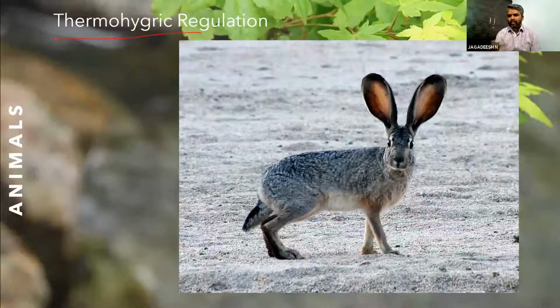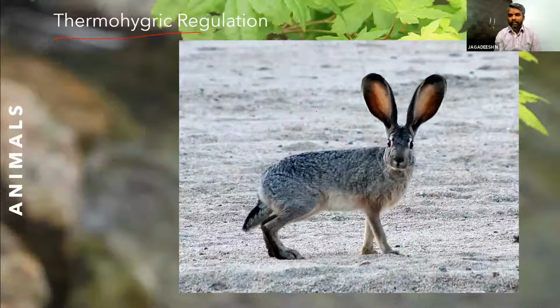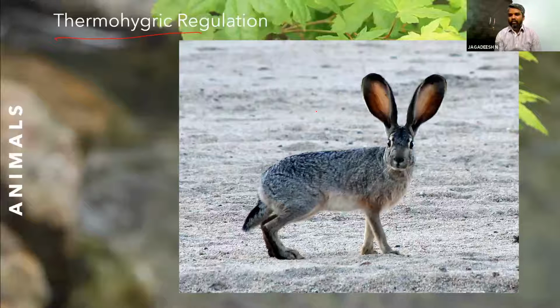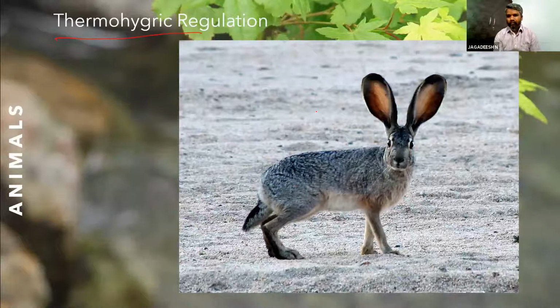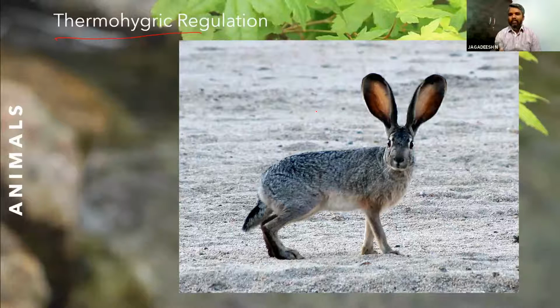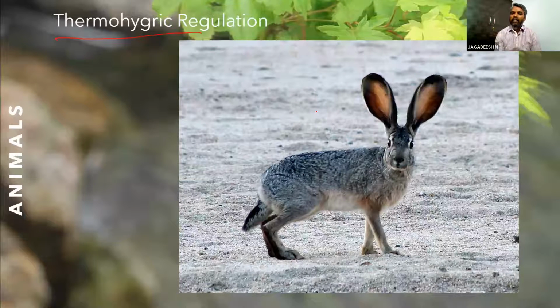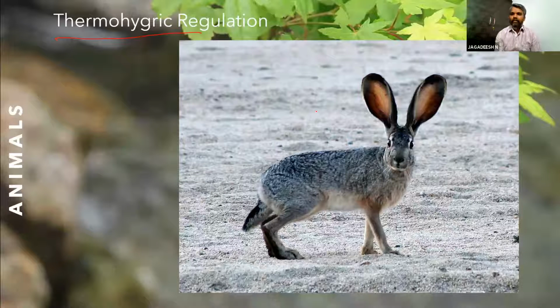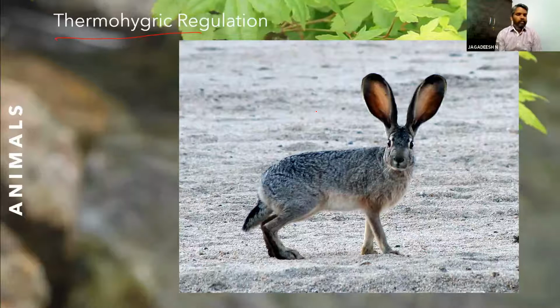So there are desert foxes which have very big ears and so on. Various animals living in the deserts have this kind of body transformation, especially the small animals. Bigger animals have other kinds of adaptations to regulate their body temperature in desertic conditions.